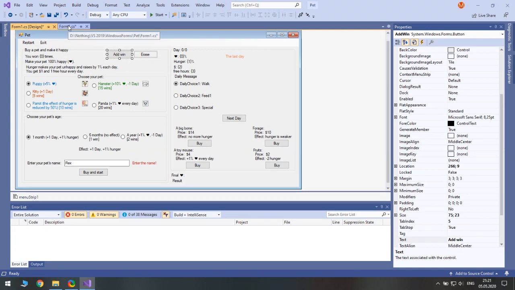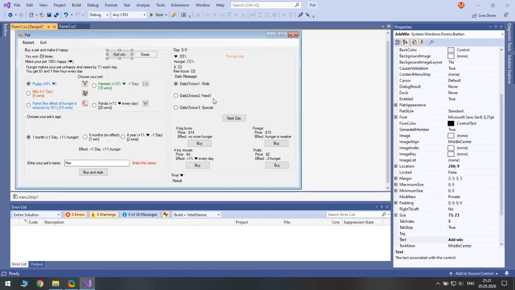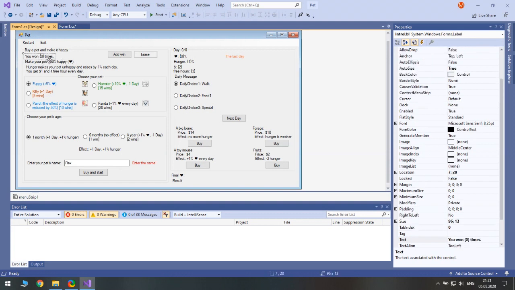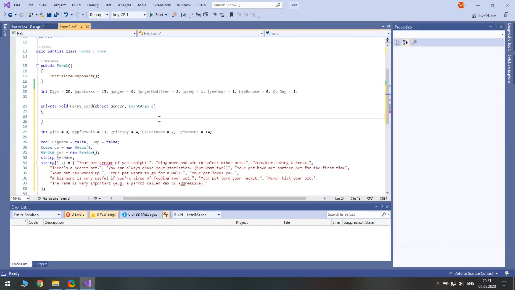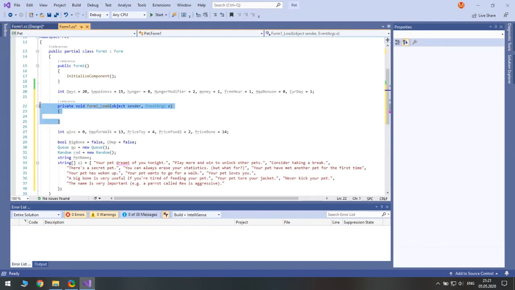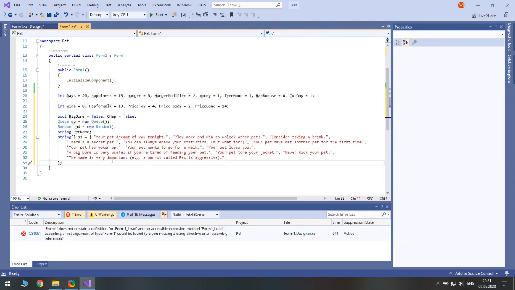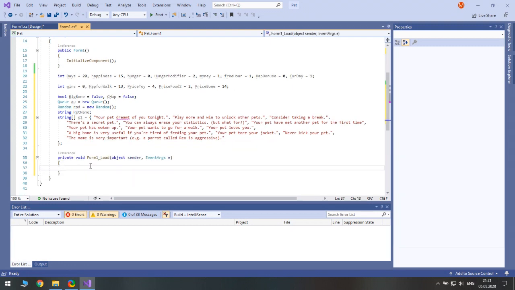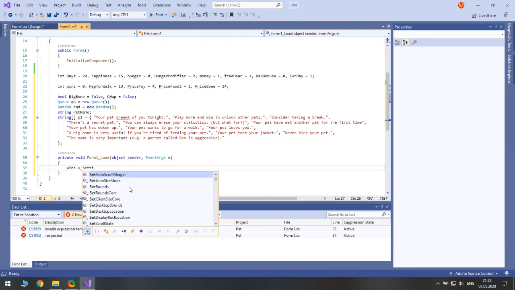So let's move on. When we start the game, we should first tell how many times the person has won. Let's access the form Load event. Okay, so let's move it from here to here. We will assign the value to the variable wins by typing wins equals Settings,